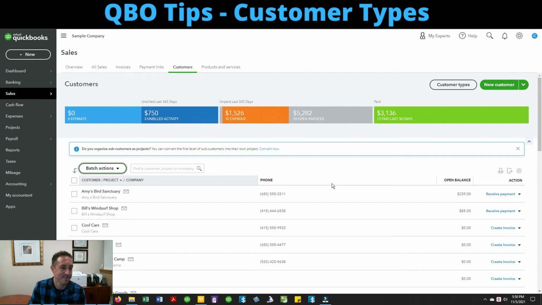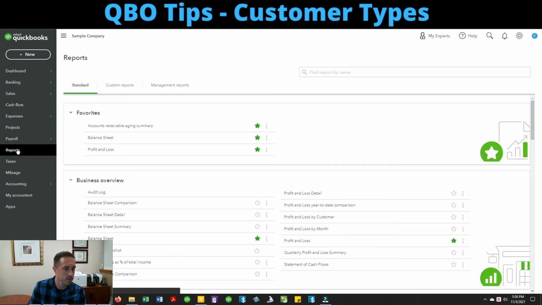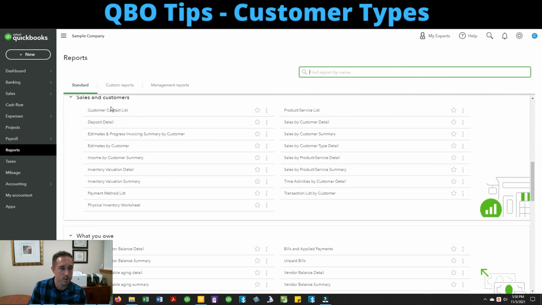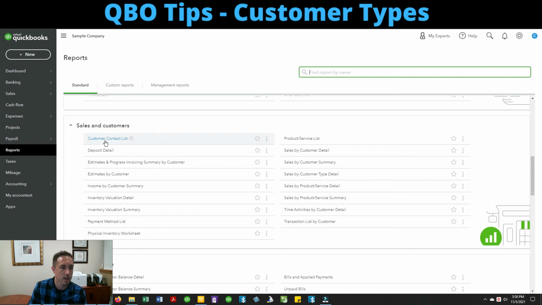Great. So what do we do with it, right? Well, there's reporting that you can do with it. So if I go to my reports, you can look for it, you can search for it, or you can scroll for it. But if you go to the sales and customers section, you can go to your customer contact list.